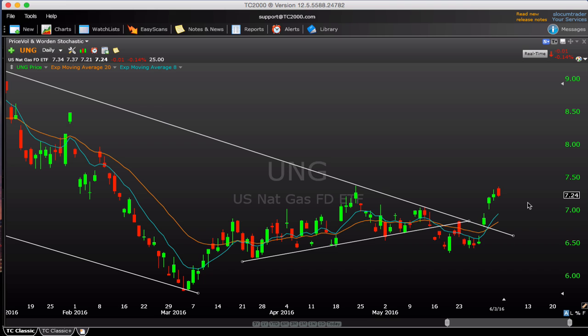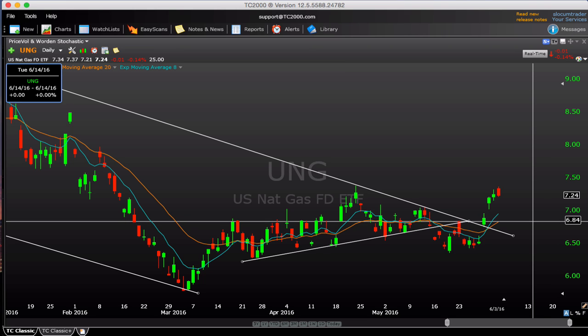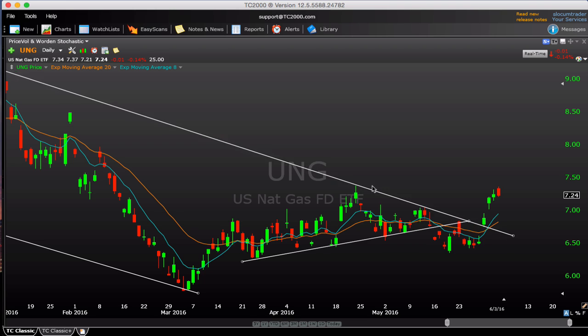UNG, we're also still long this. Nothing changed here on Friday. Really could use a rest, really could use some consolidation here. I'd welcome it as long as it stays above $7, or at least some of these fast moving averages. This declining trend line, I think UNG looks to be heading higher, the path of least resistance anyhow. So that's sort of the read there on some of those major commodities.